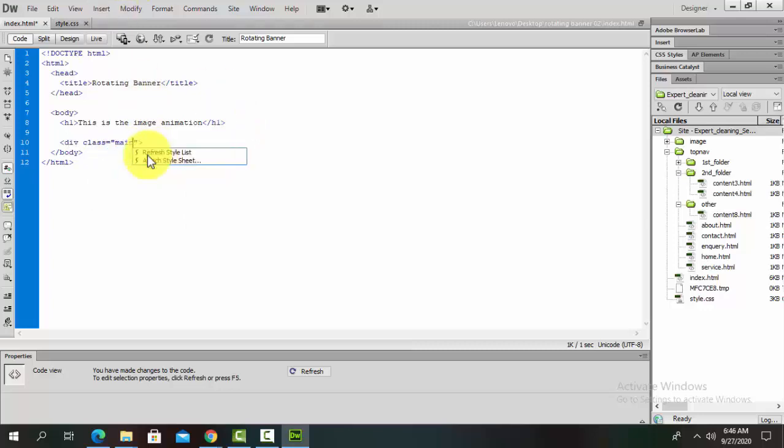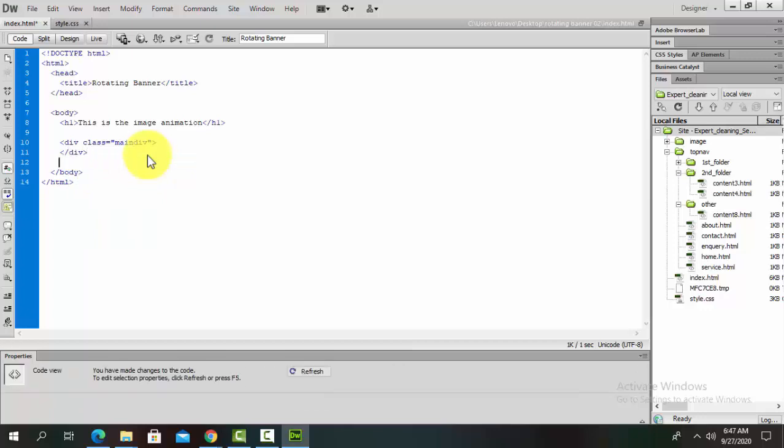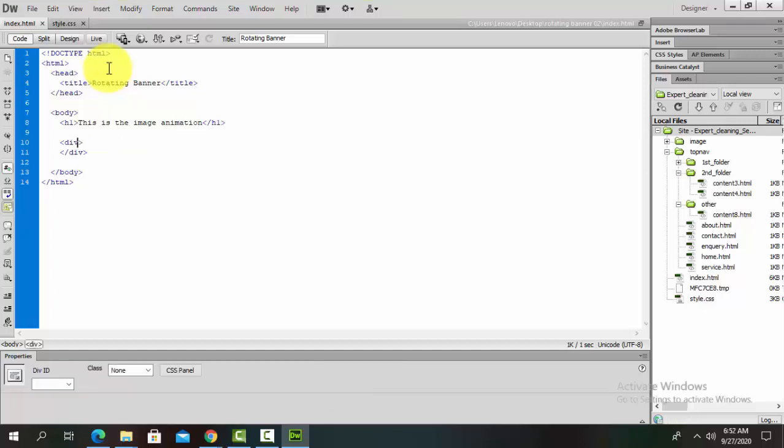Next I create a div. A div is just like a container. When you create a div it can store some data or it can create a box. So you can compare a div to a box, not equivalent to a box but you can consider it a box. Then I give the class name, class equals light.